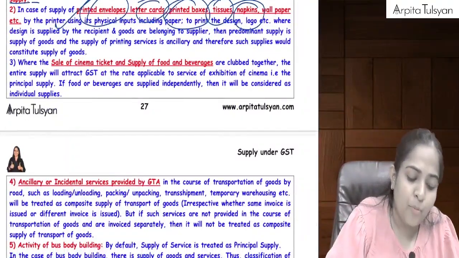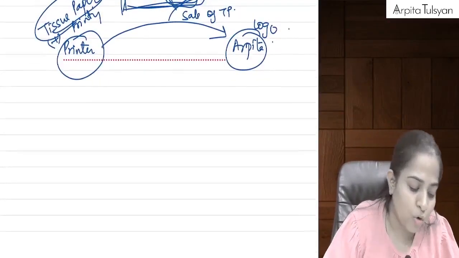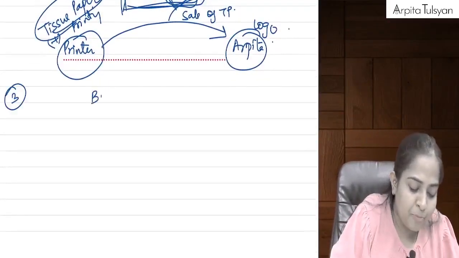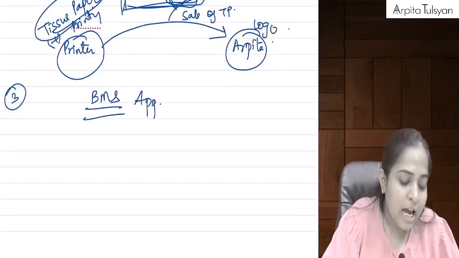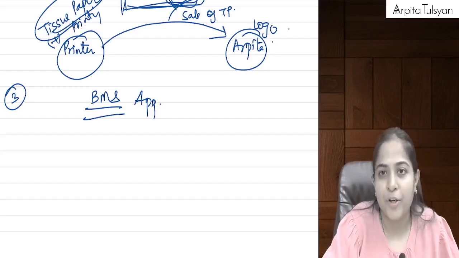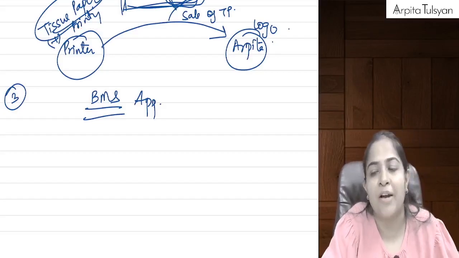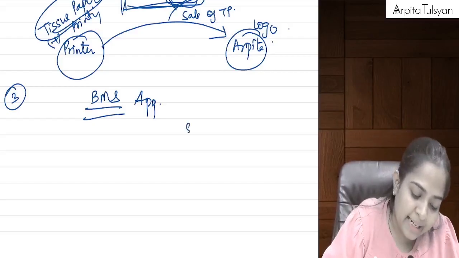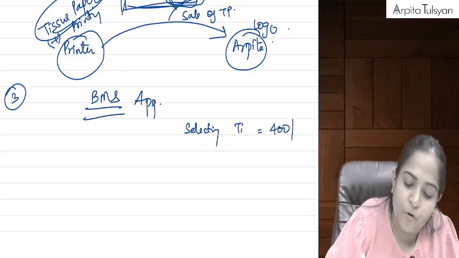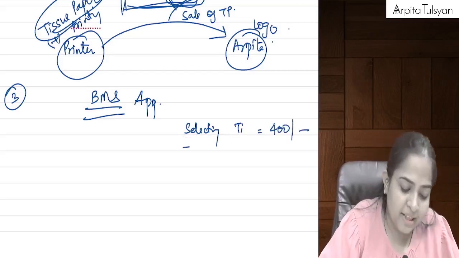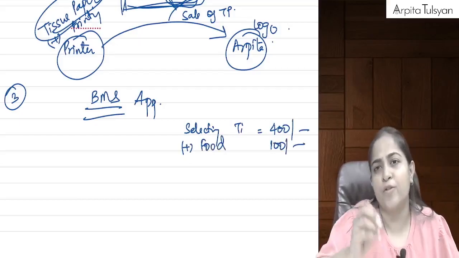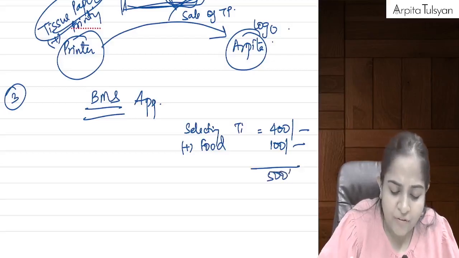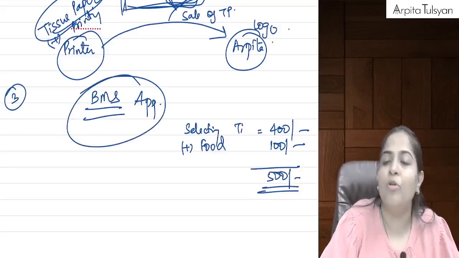Okay, similarly in movie theaters, when we go to watch movies. Let's say I'm booking a movie ticket on the Book My Show app. There is an app called Book My Show, right? So I go to Book My Show and I select a particular movie. I select a particular show which I want to go and watch. So I'm selecting a ticket, let's say worth rupees 400. Then Book My Show gives me an option that do you want to add food also? So I add some food also, let's say 100 rupees of popcorn I add there. Total amount which I am paying to Book My Show at the time of booking the movie ticket is 500